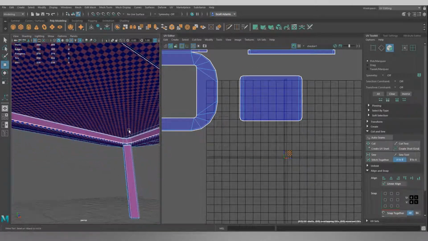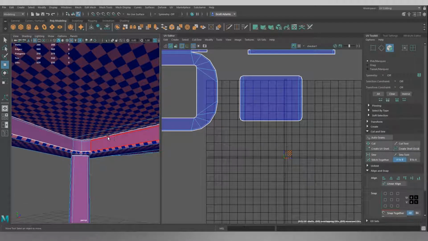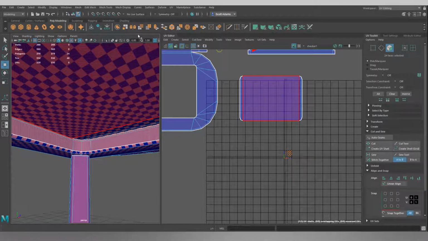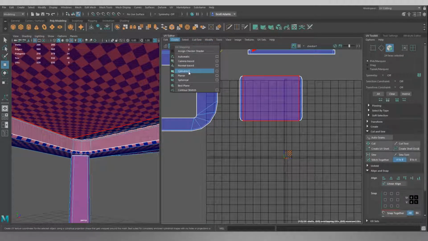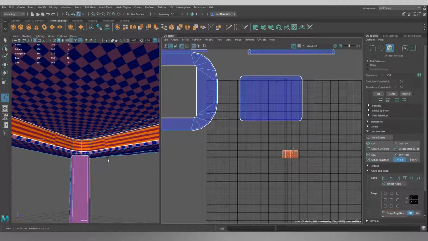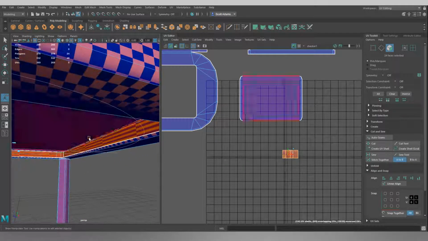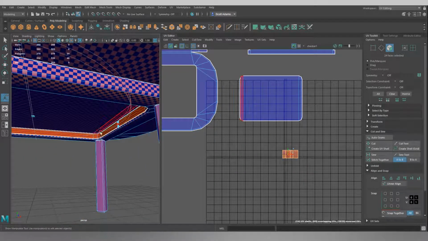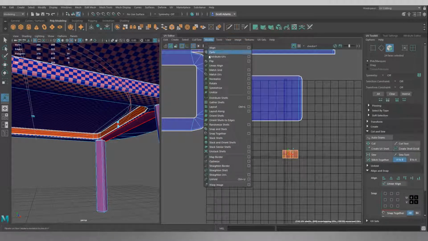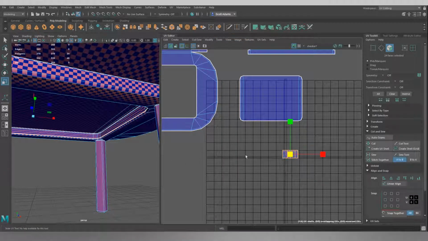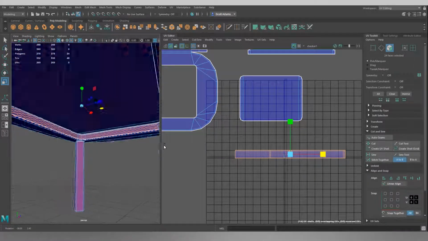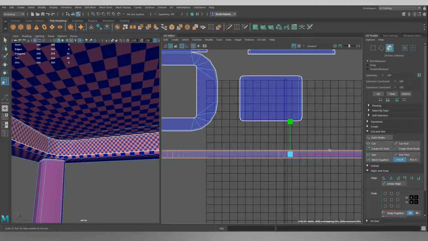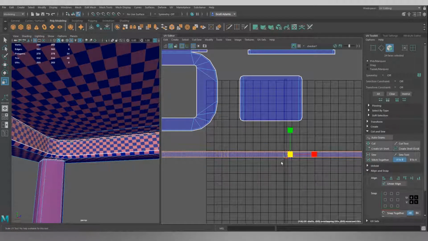The last bit here is to just get these inside faces. So we're going to use shift and double click, and then shift and double click, and we're going to do create and cylindrical. And because this is an inside cylinder, again it's going to be back to front because the cylinder projection is taking faces on the outside, whereas these face inward. So we just do modify and flip to fix that, and we're just going to scale these right out until they're square again. And we're just going to bring the size on these down at the same time, like so, until they match above,